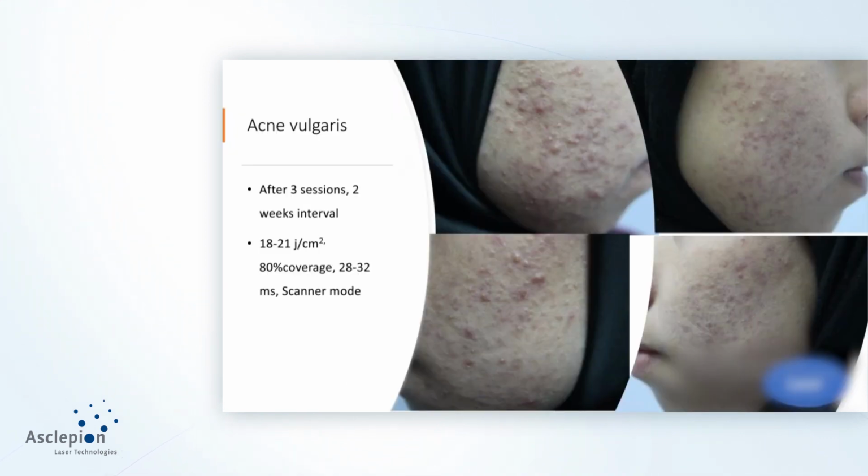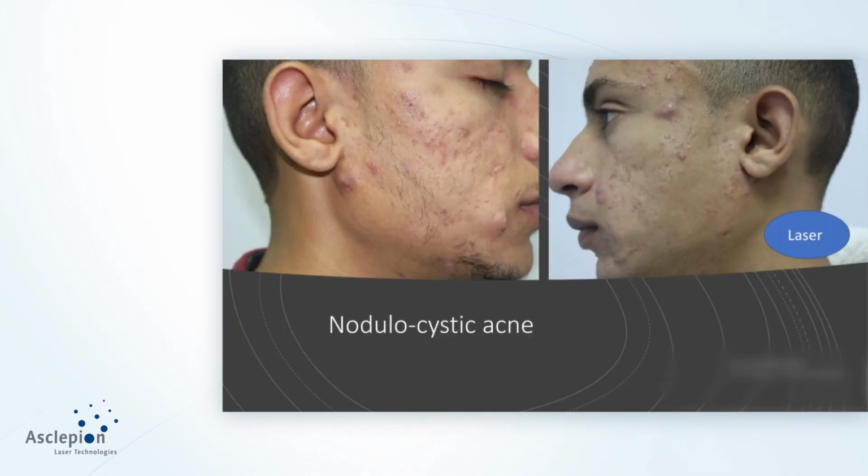Another case of vascular acne, the left side treated by laser. After 3 sessions, near complete improvement. The right side, the non-laser-treated side, partial improvement. But the marvelous result, in my opinion, was obtained in this case of nodulocystic acne. Nodulocystic acne is a recalcitrant disease. The first indication is isotretinoin. Isotretinoin is effective but has several limitations. So if QuadroStarPRO gives a result, it will be another choice besides isotretinoin.